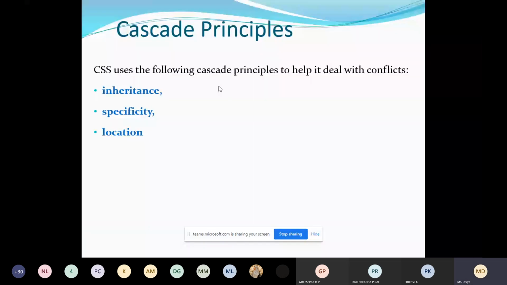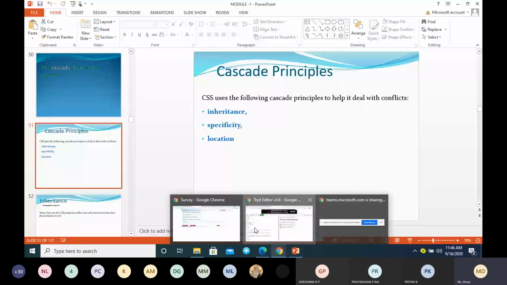Now in CSS, there might be some cases where you end up in conflicts. For example, sometimes we may have a conflict.